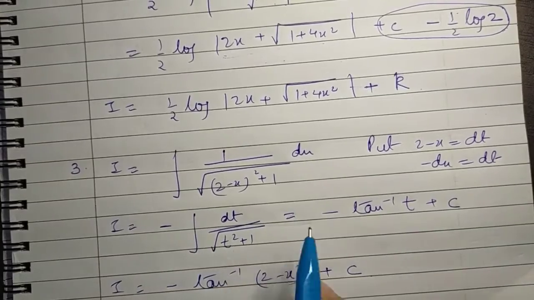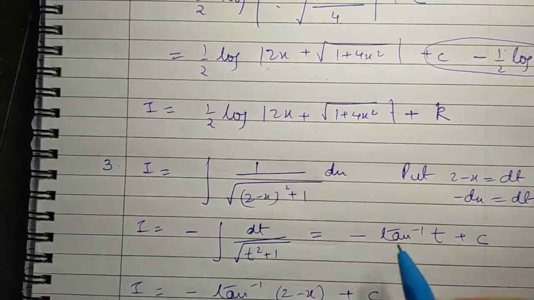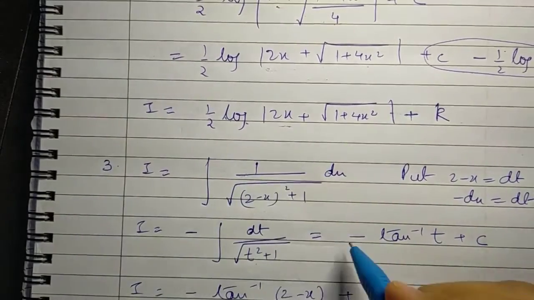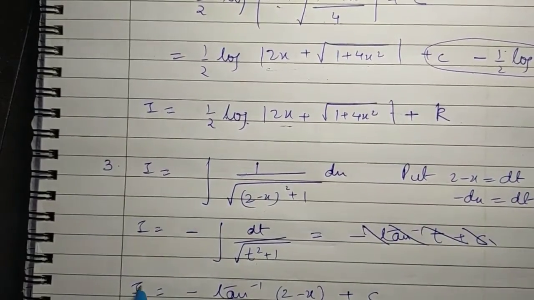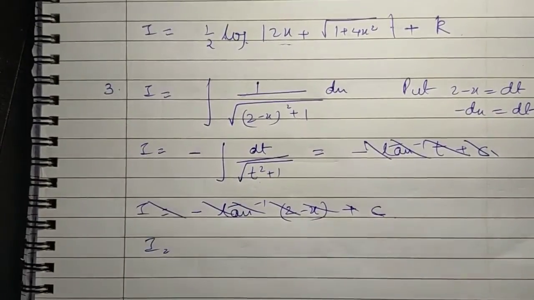No, this is square root. This is square root, which is the same result as this. Sorry, my mistake, it's not tan inverse. It is the same result as this one. And so we get, this comes out to be I is equal to